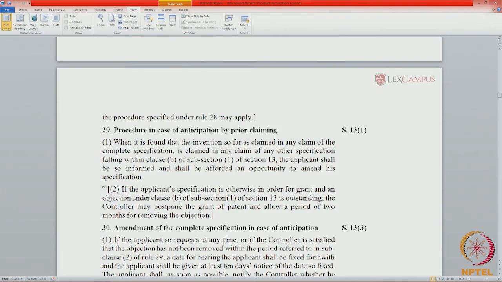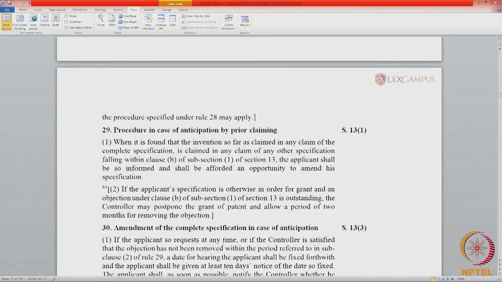It is much different from Rule 28. In Rule 28, the controller does not give any time. The reason is, under Rule 28, it is an investigation of anticipation by prior publication, and prior publication will involve mapping the claim of the applicant's specification to a published material.